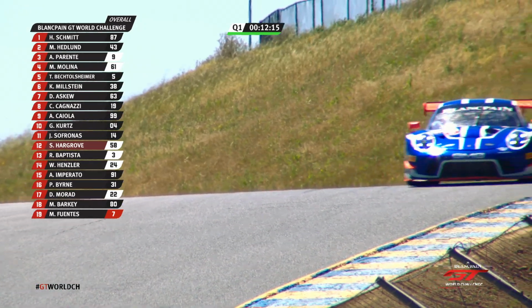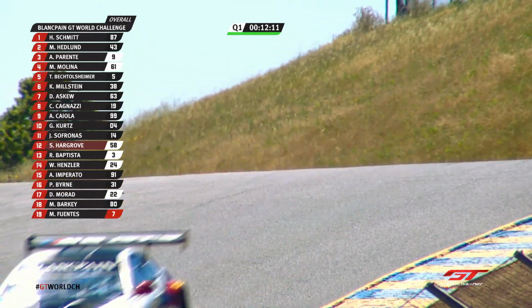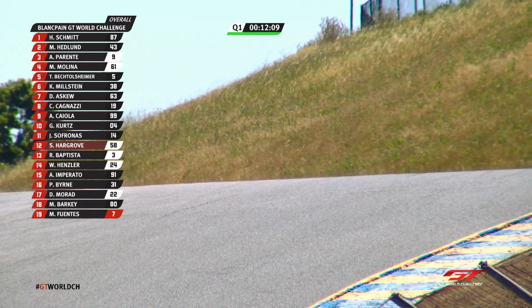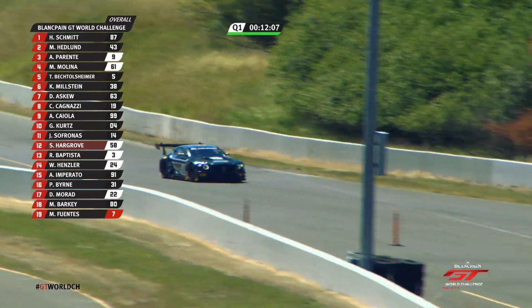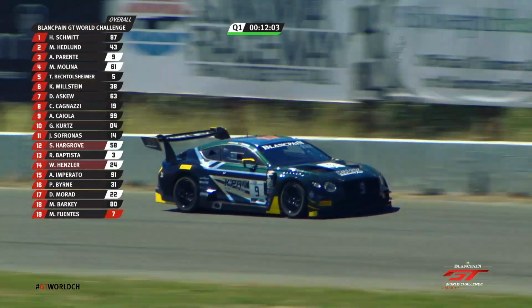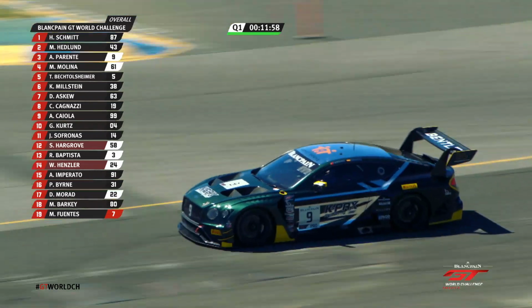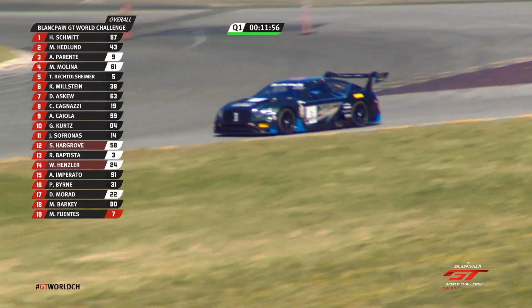Those Bentleys are fortunate because their pit stalls are right at pit out. Gave them the opportunity to lead away, so they for sure will have relatively clear track. I'm sure they talked a little bit about, you know, we need to know when you're going to go for your fast lap so that we can go and not stack up. And right now, in the number 9,